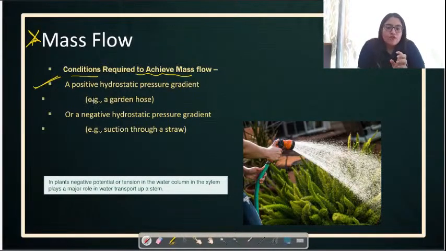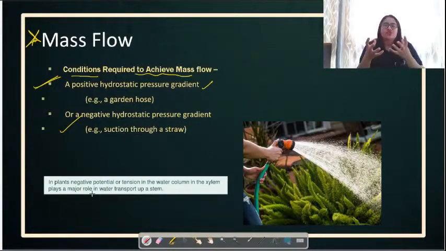It can be because of a positive hydrostatic pressure, or it can be because of a negative hydrostatic pressure. Now I would love to explain these two conditions that cause mass flow in a plant body, that means a positive hydrostatic pressure gradient and a negative hydrostatic pressure gradient, with the help of some easily relatable